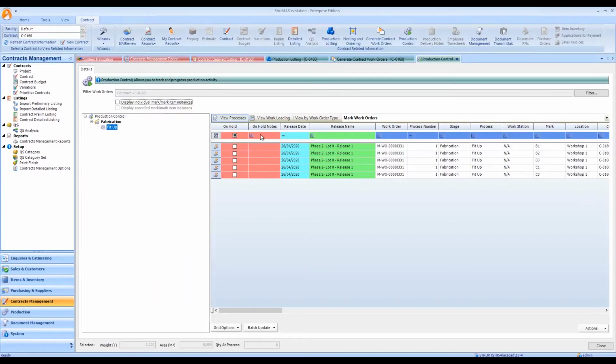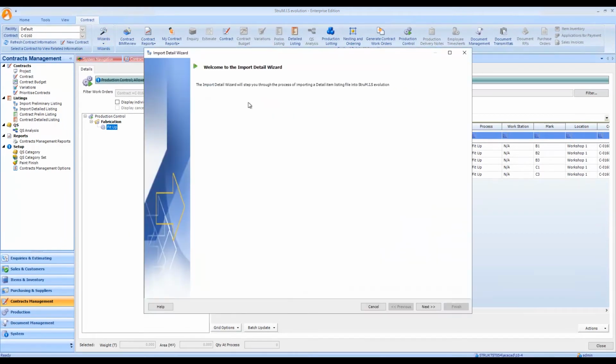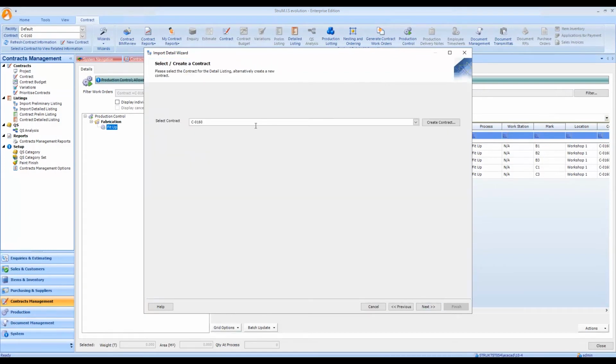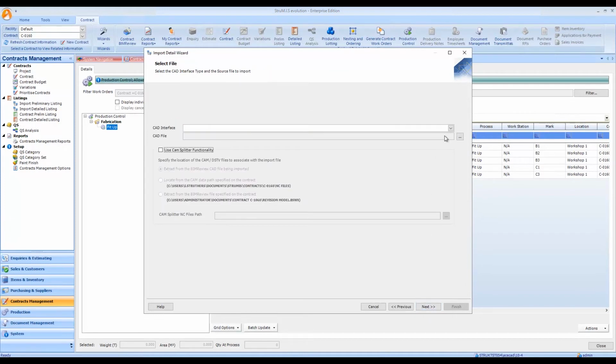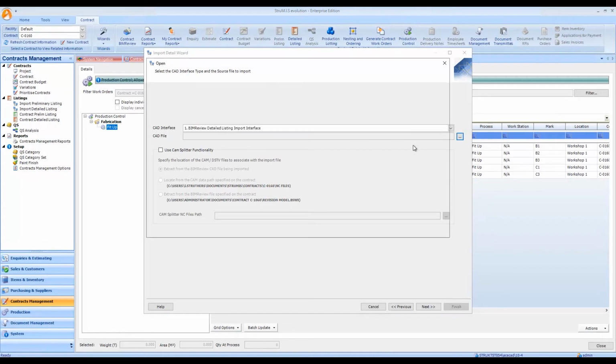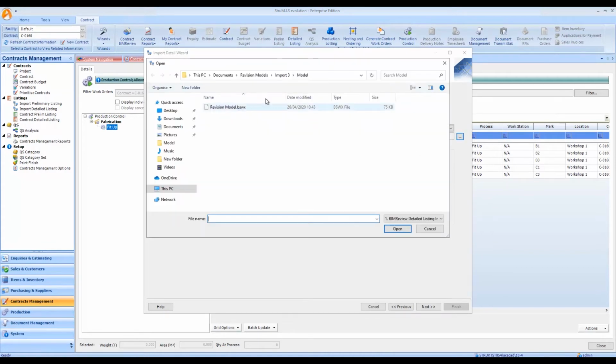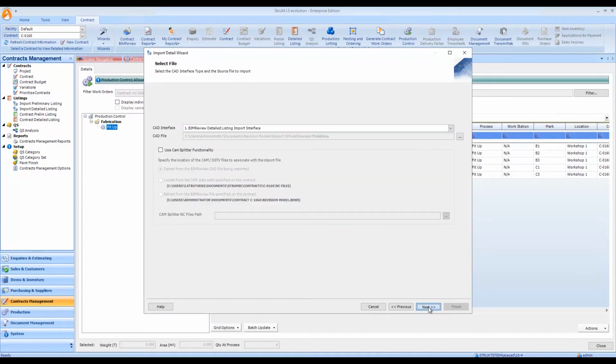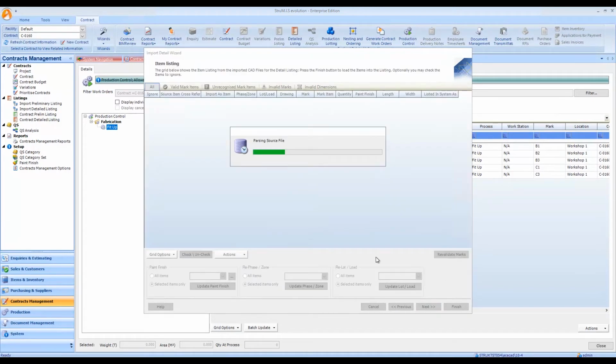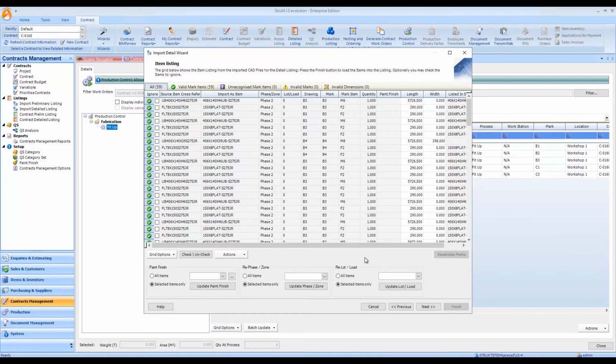So let's go ahead and process our third file import. So we're going to go back up to Wizards and back to import our detailed listing. We're going to go next, following the wizard through. We've already got our contract pre-selected as expected. I can go next, choose my interface that I was using before, select my new third revision model, and go next. So that's going to load the file into the wizard for me, and I can see here